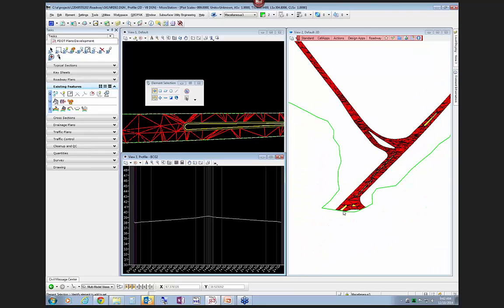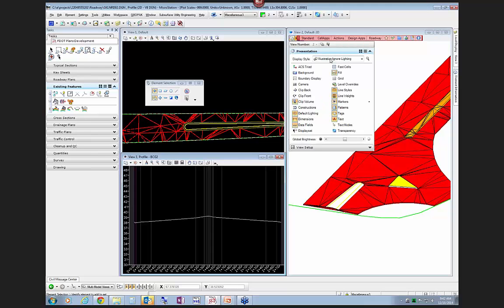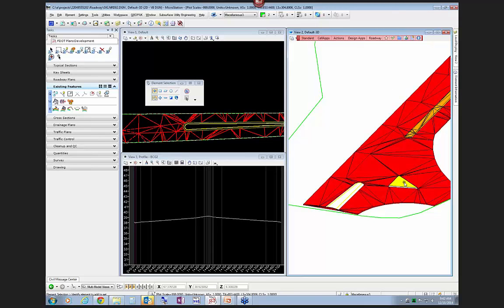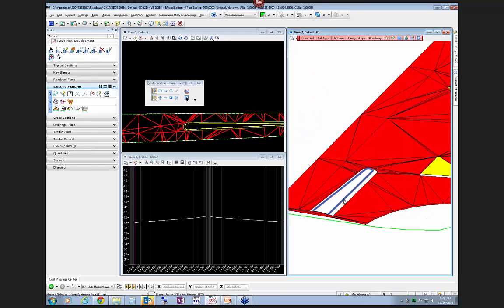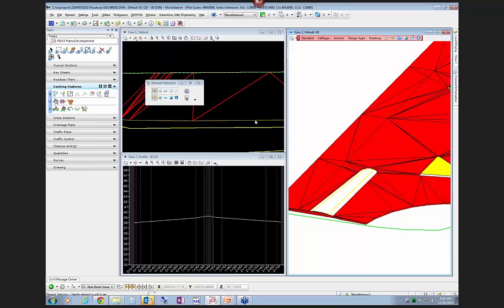They're shown as shapes because this view is set to display illustration, and anything that's a shape is going to illustrate as a shaded object. If I were to go to a wireframe, you'd see it's nothing more than a 3D shape, but this one here didn't have an element on the back side that was part of this shape. So all right, the next step will be to essentially set these edge of pavement lines,